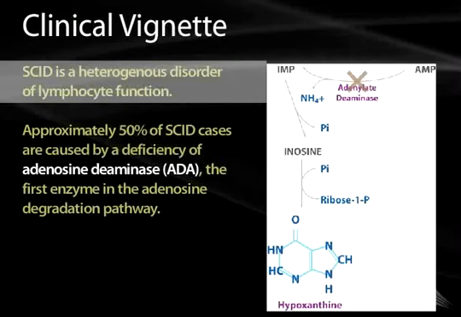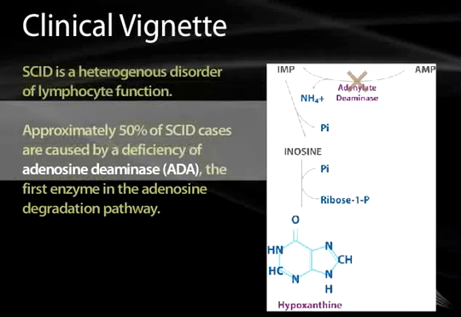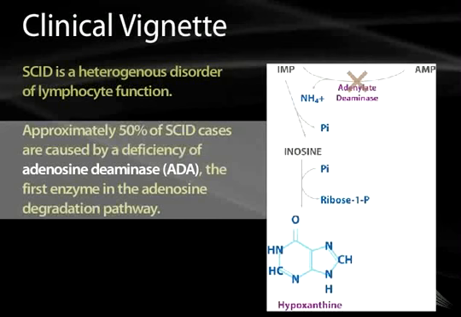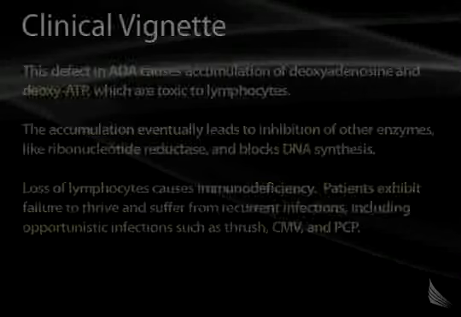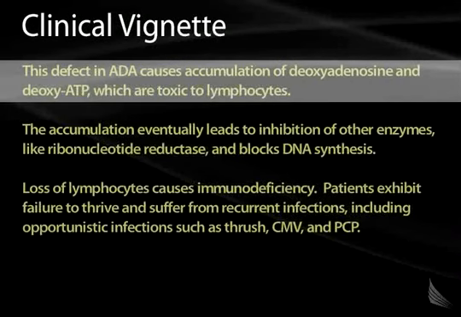SCID is a general term that's used for a group of diseases, a group of disorders of lymphocyte function. About 50% of these cases are caused by a specific enzyme deficiency. The enzyme is called adenosine deaminase, and this is the first enzyme in the adenosine degradation pathway, as shown on the right. This defect in adenosine deaminase causes accumulation of deoxyadenosine and deoxy-ATP, which in large numbers are toxic to